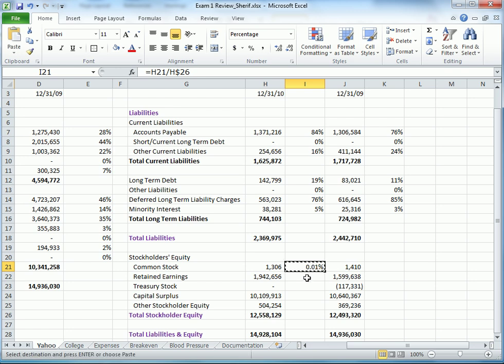Now I need to select and hit Control V. If you want to remove the decimals for these ones,